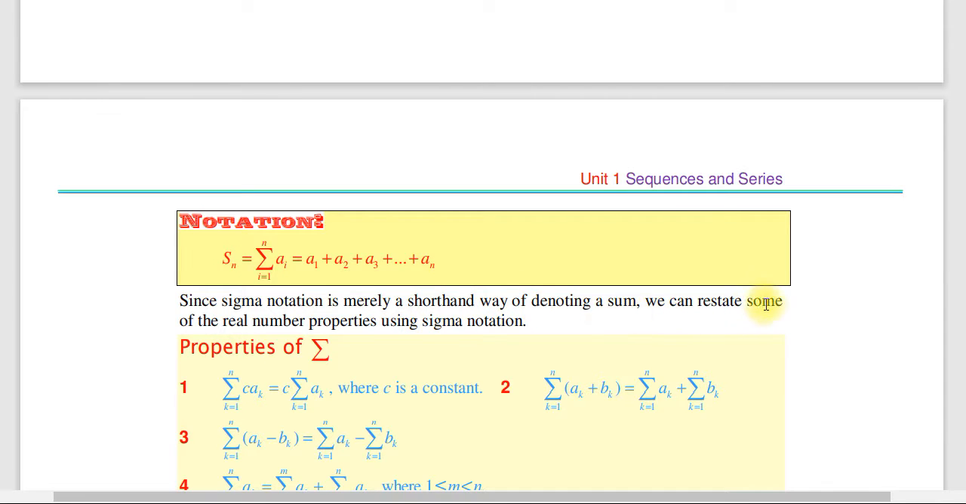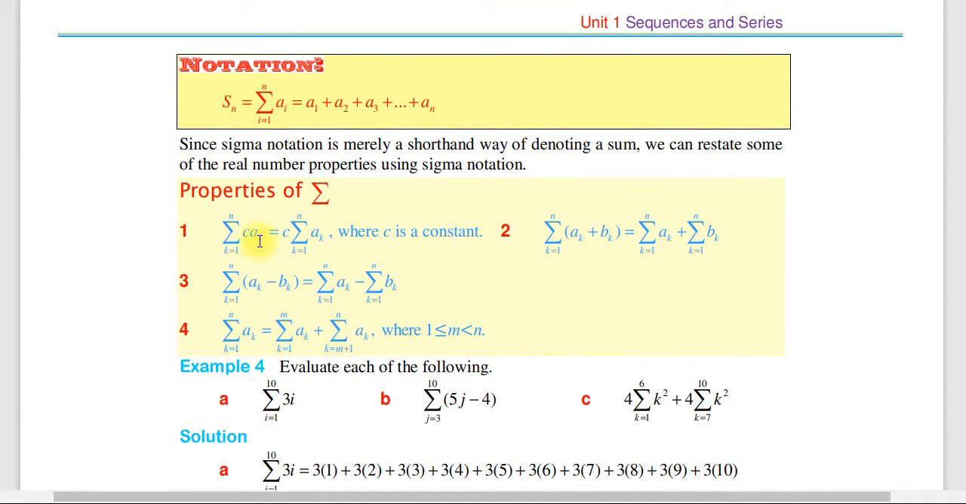So since sigma notation is merely a shorthand way of denoting the sum, we can restate sums of the real number property using sigma notation. አሁን እዚህ ላይ properties of sigma ወይም የሳሜሽኖቹ ሩሎች አሉ። እዚህ ላይ ወደ 4 የሚደርሱ ሩሎች አሉ ማለት ነው። የመጀመሪያው በሆነ ኮንስታንት ቢባዛ፣ let constant c ቢባዛ ለምሳሌ the summation of c·a_k ቢሆን c ን ከሳሜሽኑ ማውጣት እንችላለን፣ ለብቻዋ c times the summation of a_k ብለን ማስቀመጥ እንችላለን።